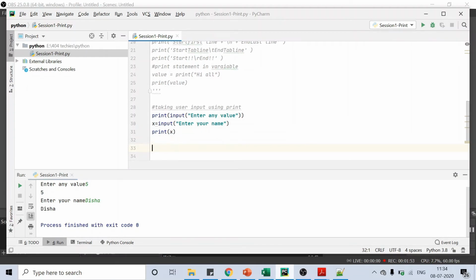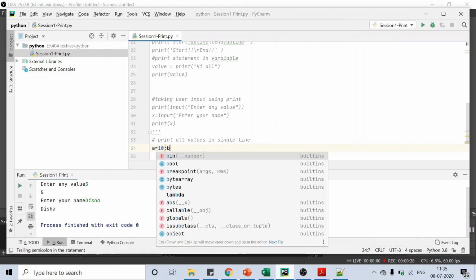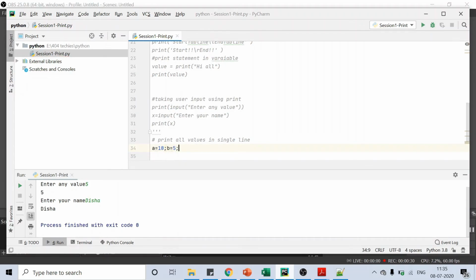Finally, I'm commenting out this as well. Now I'm printing all values in a single line. For example, a equal to 10, semicolon, b equal to 5, semicolon, c equal to 100.